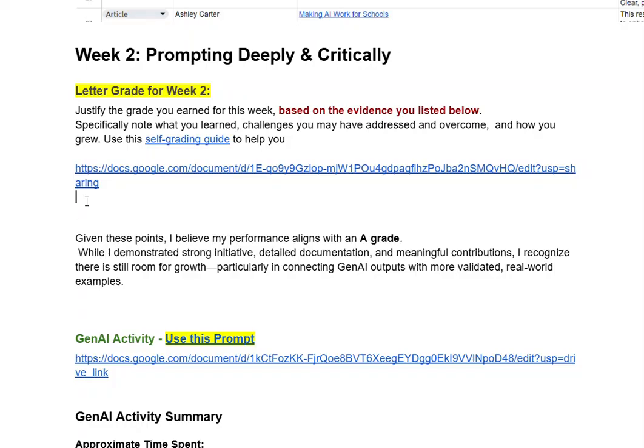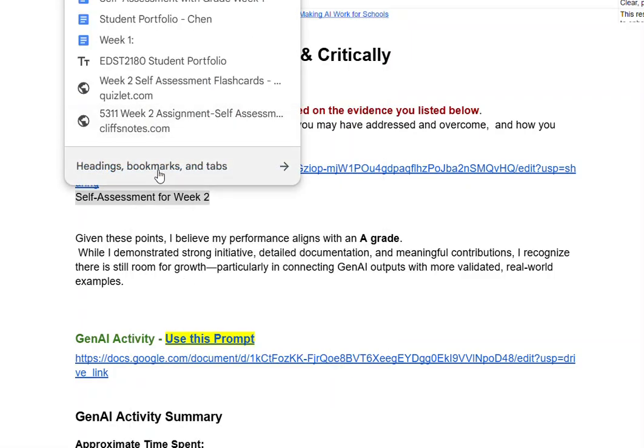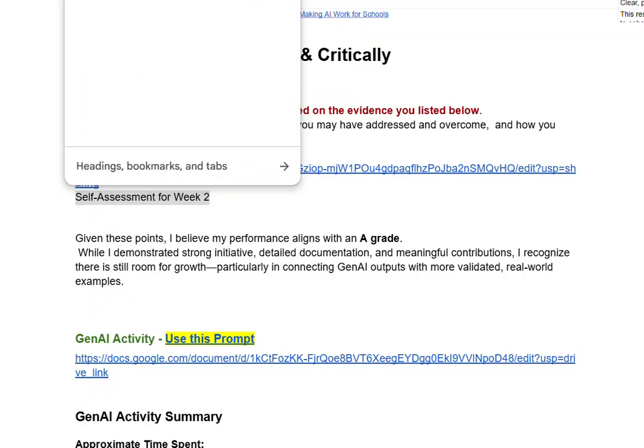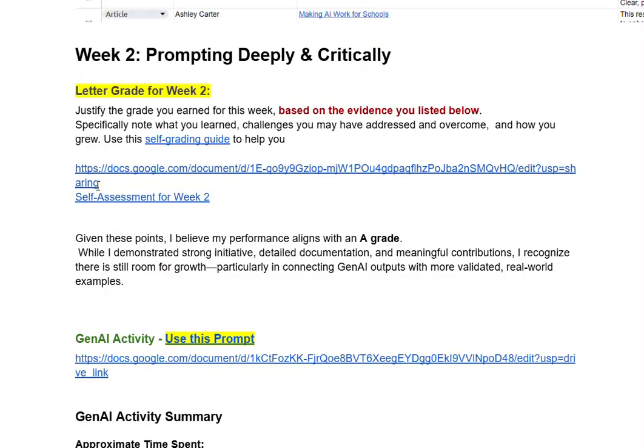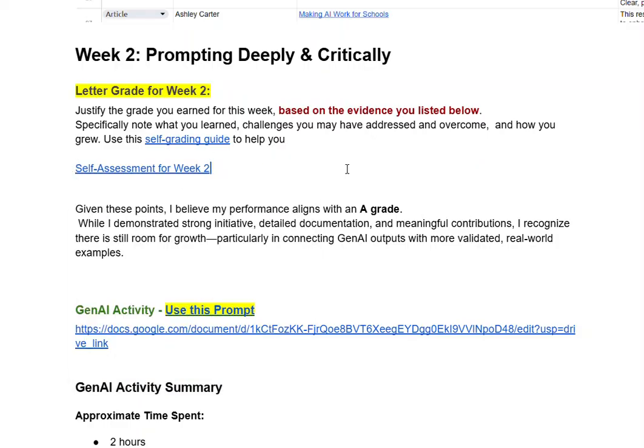So I can say self-assessment for week 2. Okay. And I'm just going to highlight this, right click, insert link. Just get this out of the way. And then I'm going to right click and paste that link here and apply. And I no longer need this messy URL, and it's not descriptive either, right?